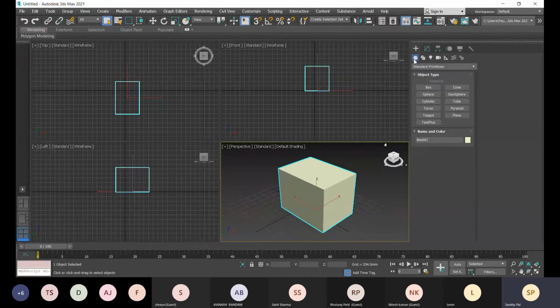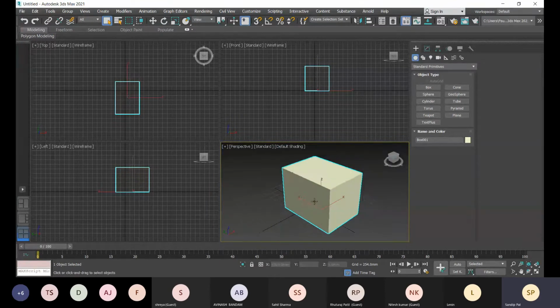Under this Create tab, Geometry is currently selected. Whatever you need to create, you have to come to this tab. If you want to create any model, a light, or a camera, you can get these from this Create tab.